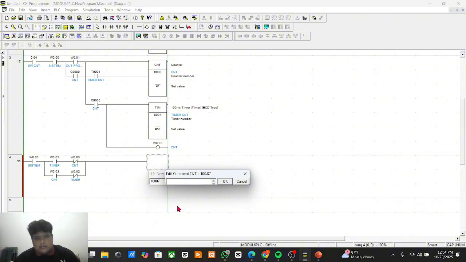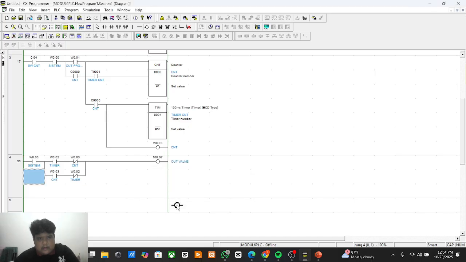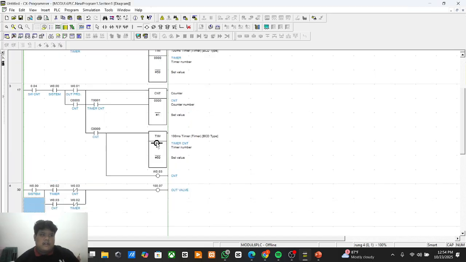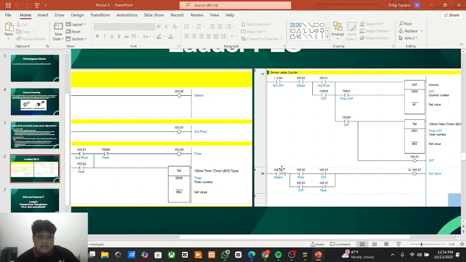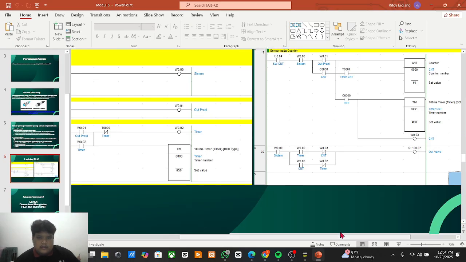Okay, valve. The ladder of this PLC has been made.